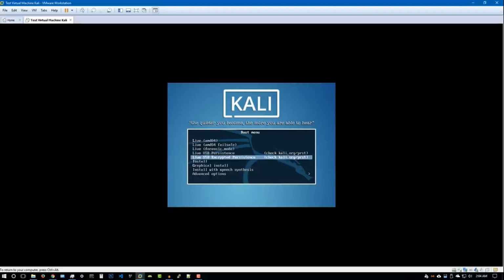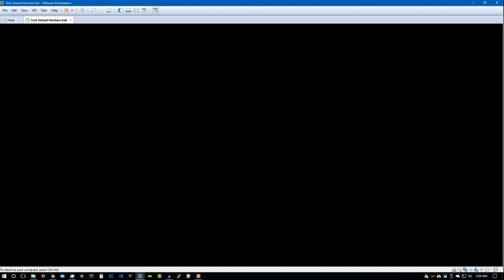Now, a lot of people make a mistake of going into install, not understanding that that is going to be the command line interface, and there's nothing wrong with that. But if you're a beginner, that can be really, really intimidating, and you can feel discouraged really quickly. So I recommend going for the graphical install. So just hit graphical install,